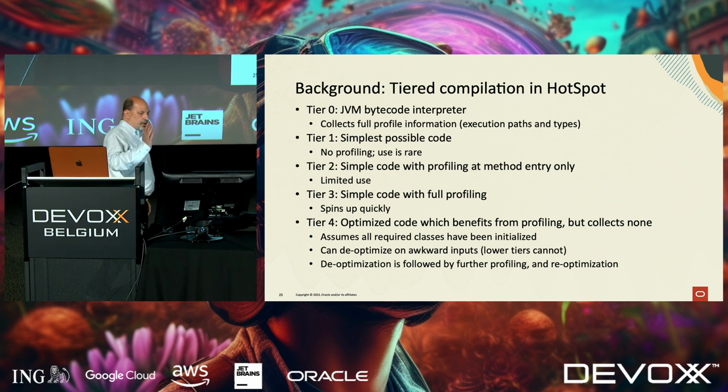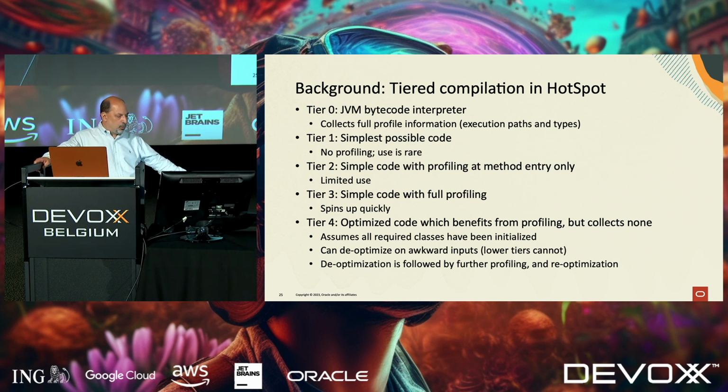So tier 0 is interpretation. Tiers 1 through 3 are various configurations of the C1 compiler. And tier 4 is using the highly optimizing C2 or Graal JITs